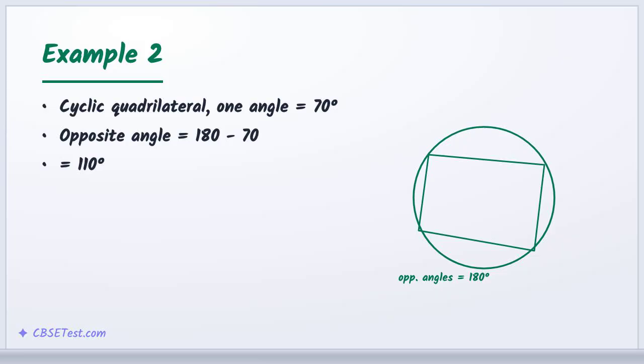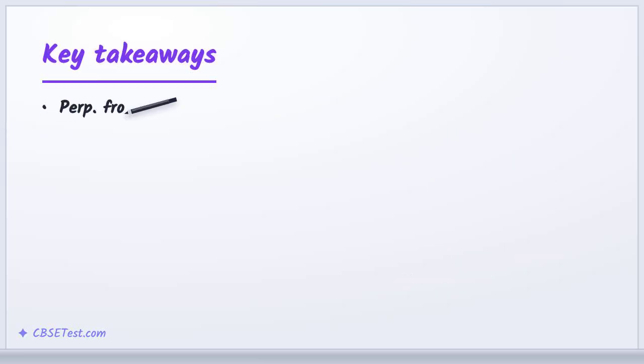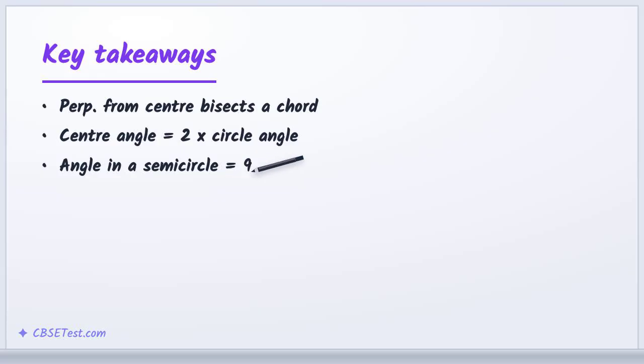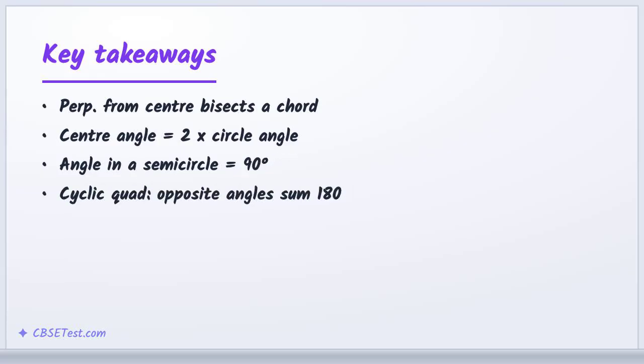is 110 degrees. To recap, the perpendicular from the center bisects a chord, the angle at the center is twice that at the circle, the angle in a semicircle is 90 degrees, and opposite angles of a cyclic quadrilateral sum